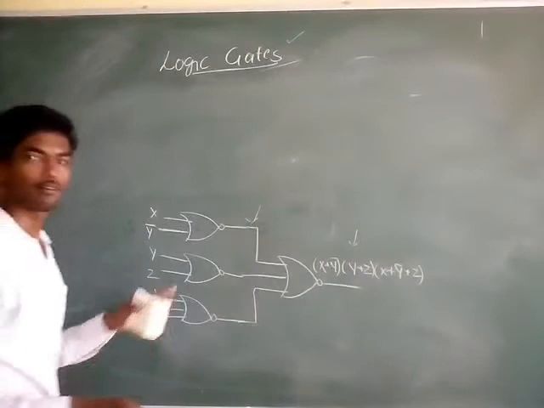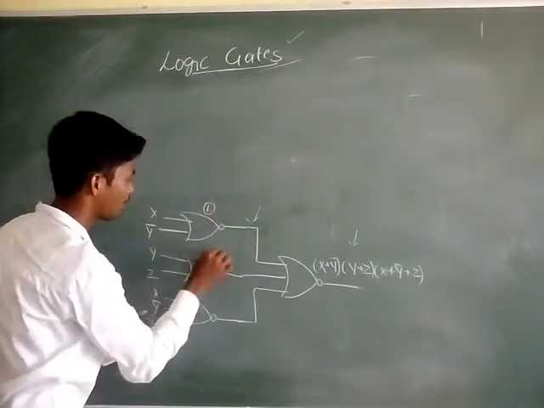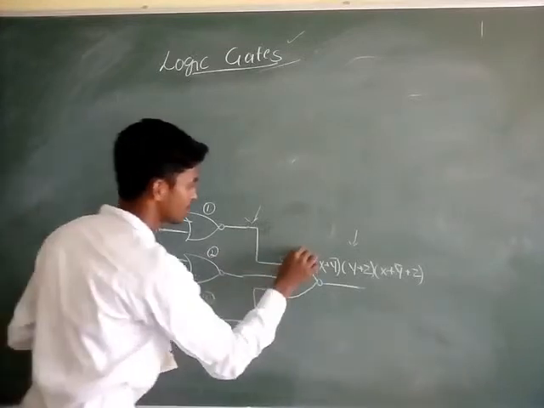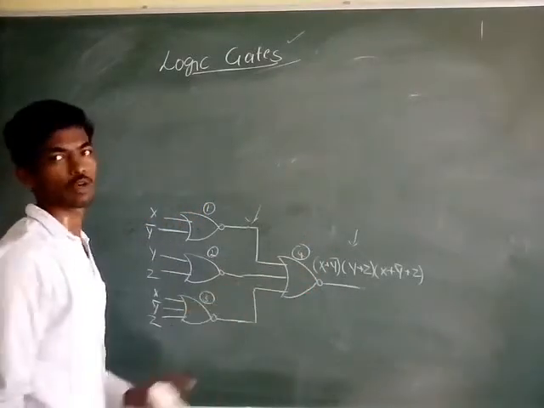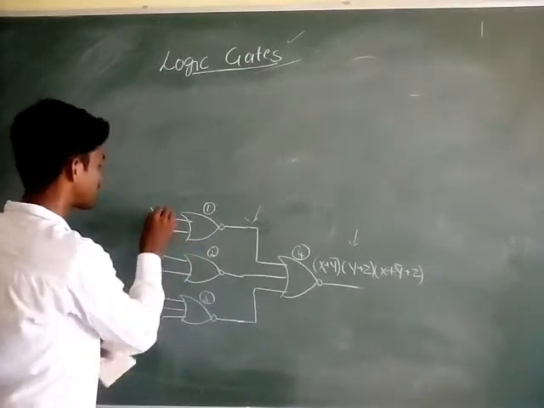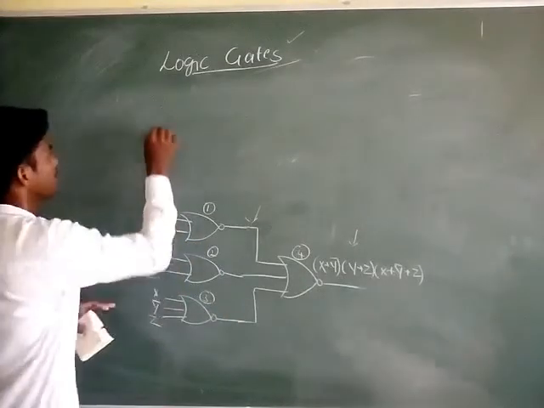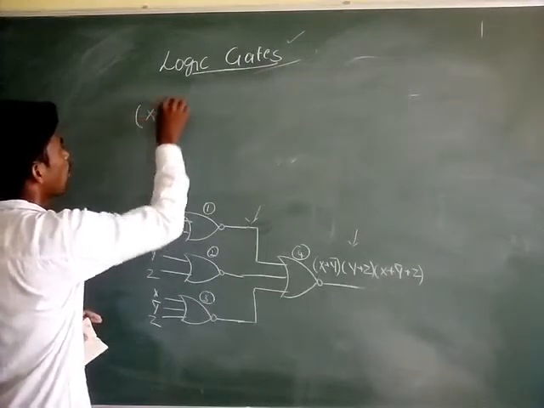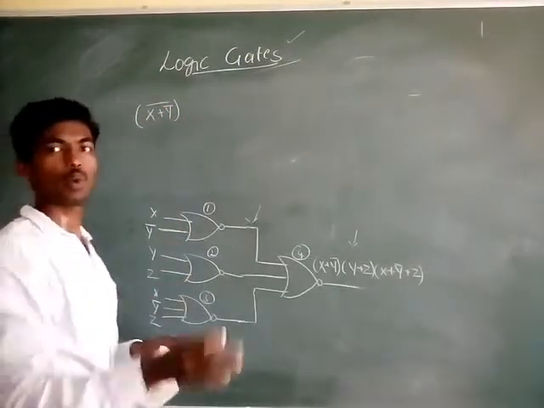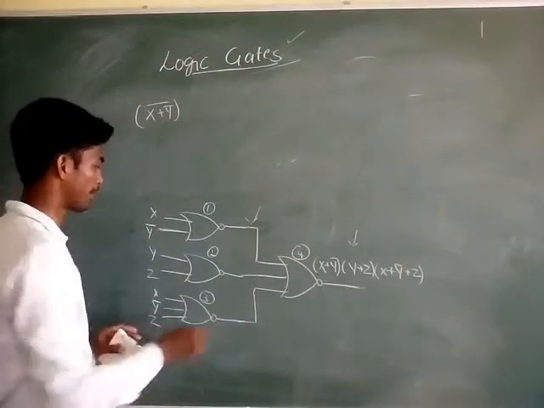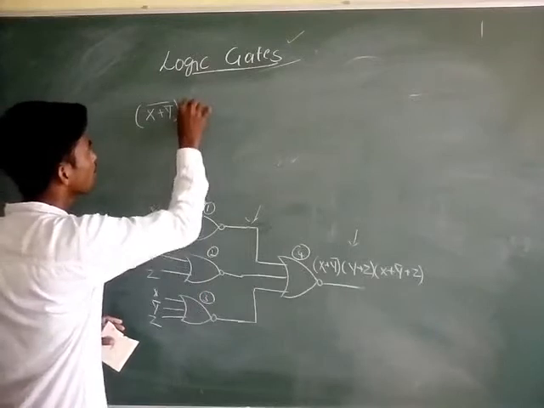First, let us number the NOR gates: first, second, third and fourth NOR gate. The first NOR gate gives you the result x NOR y complement, that is nothing but (x + y complement)'. X NOR y complement is nothing but (x + y complement)'. And NOR,